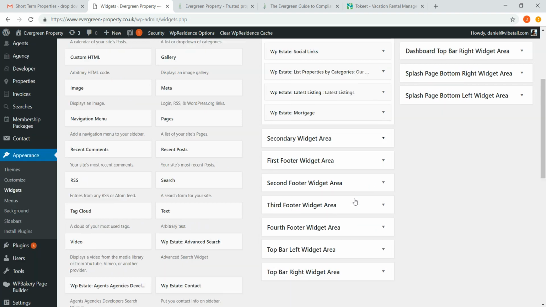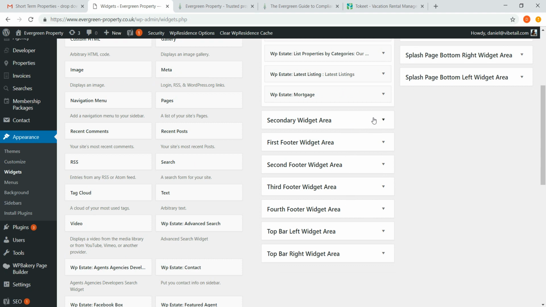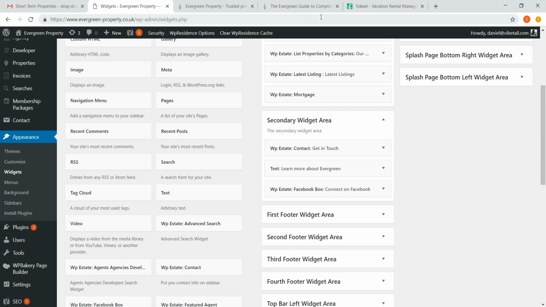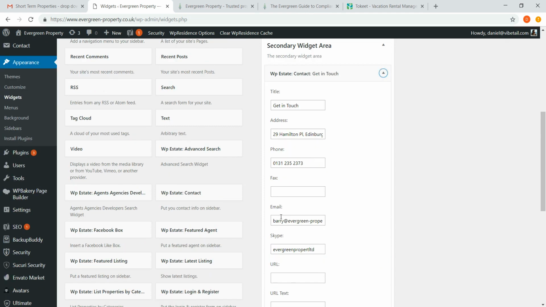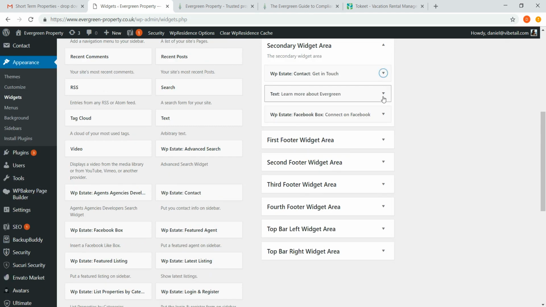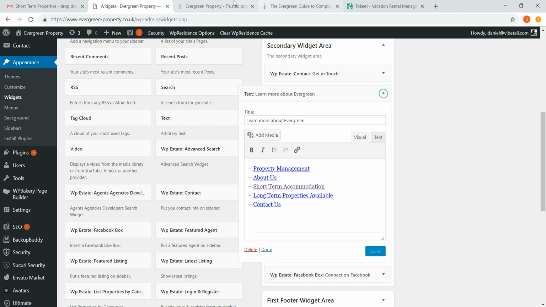You can actually have different sidebars for different pages if you like, or different types of pages on the website. So if you ever need to change the details, you would just go into secondary widget area, hover down, and then you would change the contact details. If you want to change this part